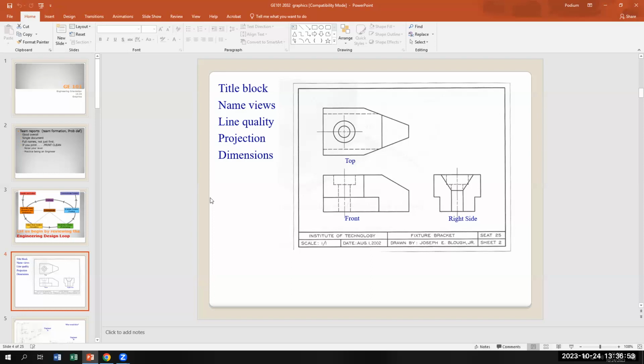Ortho meaning 90 degrees. When we're looking at something from 90 degrees, we see just that flat surface. This is an orthographic projection of a part where I see the front view, the top view, and the right side. Super common. So if anyone said, hey, produce me some engineering graphics, this is where we start, with a basic front view, top view, and side view. The projection thing is, from the front view, everything projects to create the right side view. In other words, the bottom of the front view